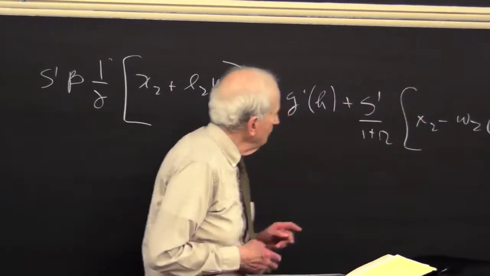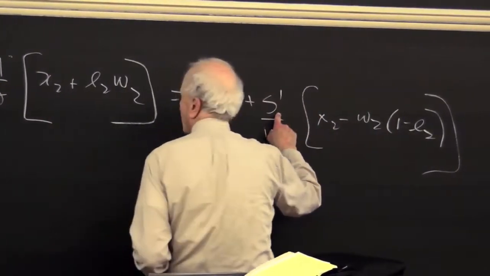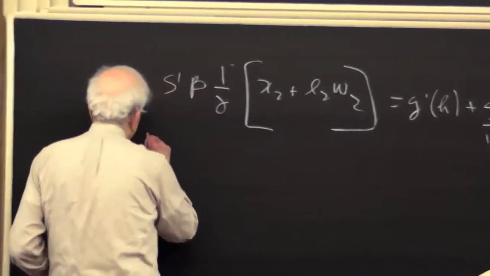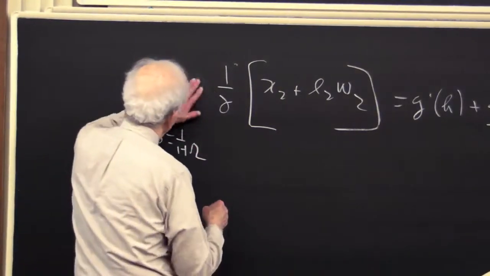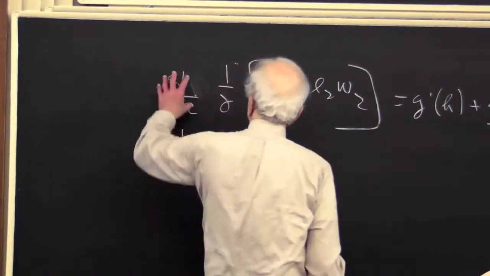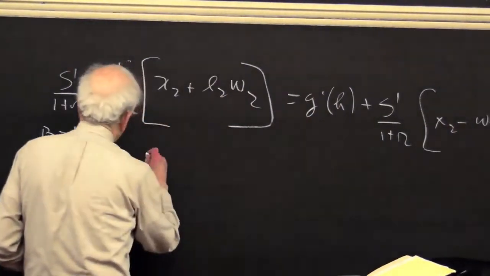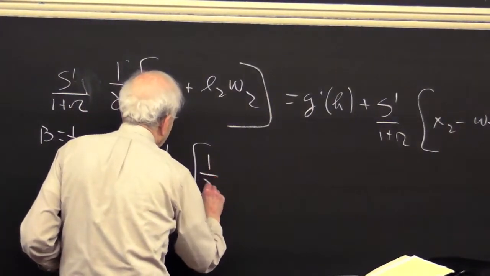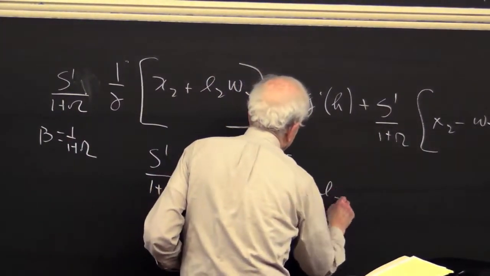Now, we can rewrite this. Here we have a W2L2 term over here, S prime. Let's go back to our assumption: beta is equal to 1 over 1 plus R. So I'm going to replace this by 1 over 1 plus R. Now I have S prime over 1 plus R, S prime over 1 plus R. I'm going to bring that to the other side, and on this side I get S prime over 1 plus R times 1 over gamma minus 1 times X2 plus L2 W2